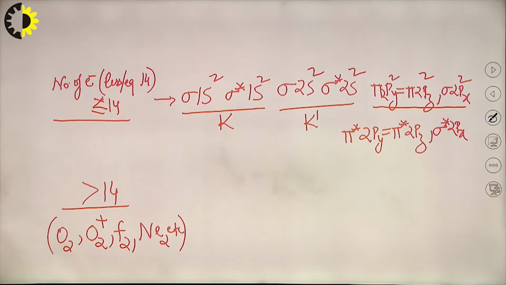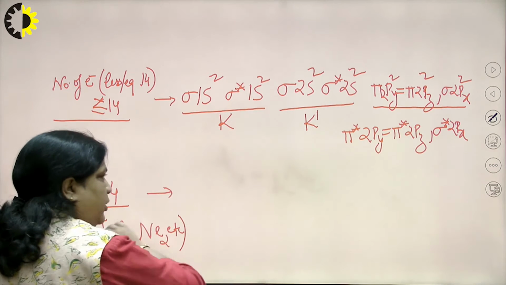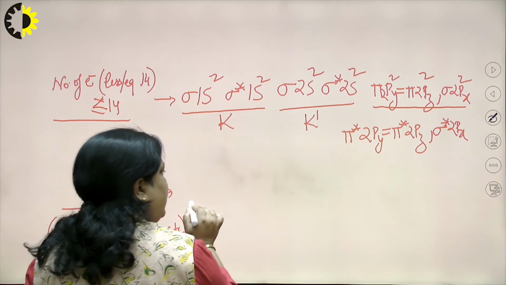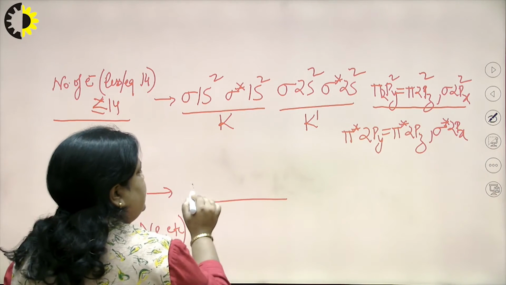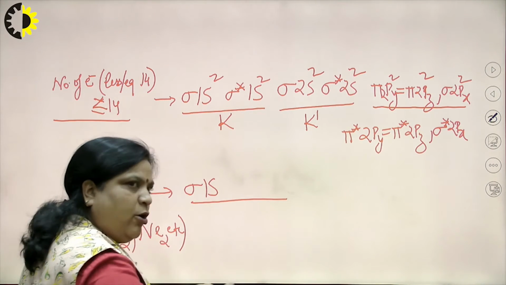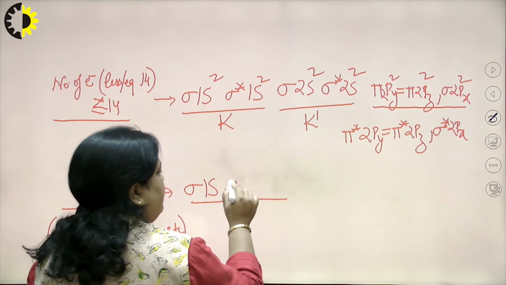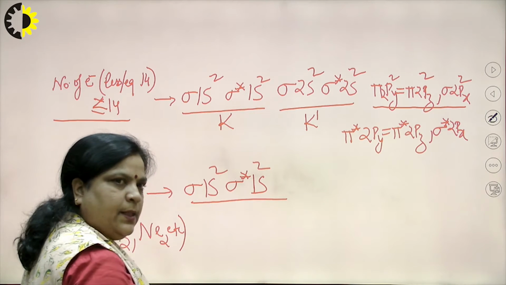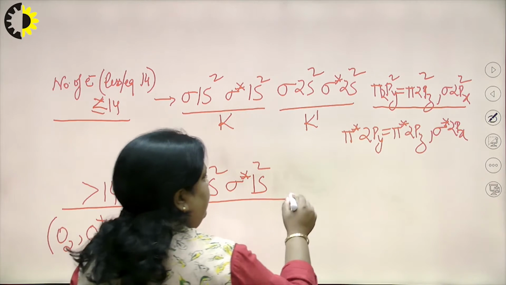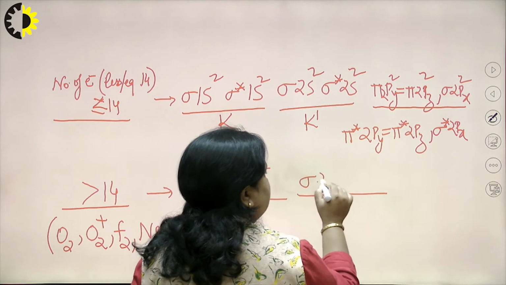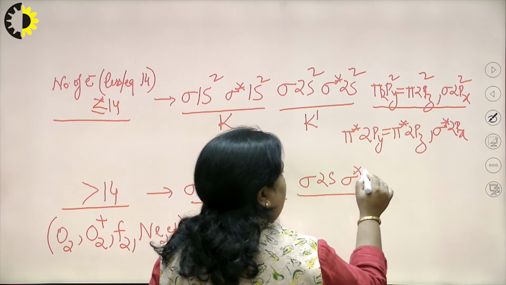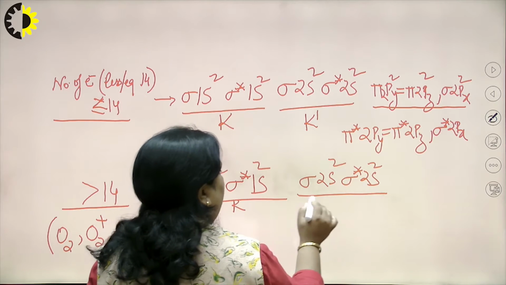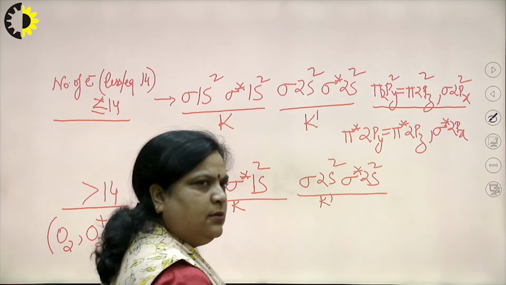So, in this case the rule is the same, that is, the first 2 electrons enter the lower energy 1s atomic orbital, that is sigma 1s, and then sigma star 1s 2. So, we can write K, then next sigma 2s and then sigma star 2s. This is the same. So, there is no problem of 8 electrons or K K dash.